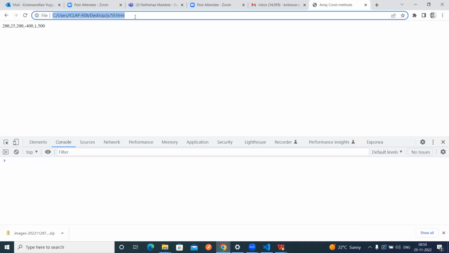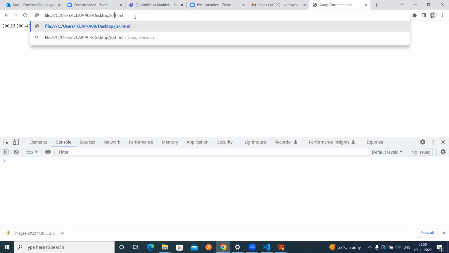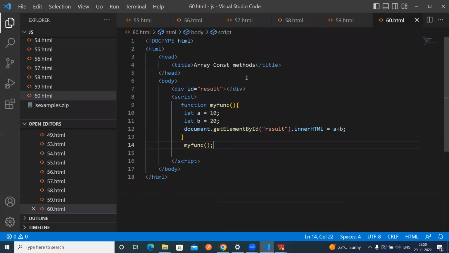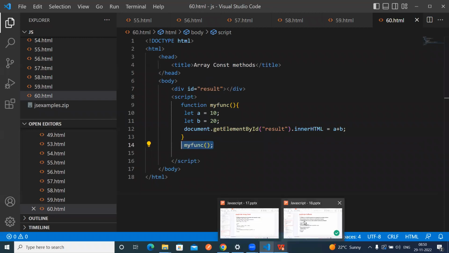So this is a normal function. We have to call that function. Whenever we want to call another function, we have to define that function, then call it manually in this way. Okay, so coming to callback methods,